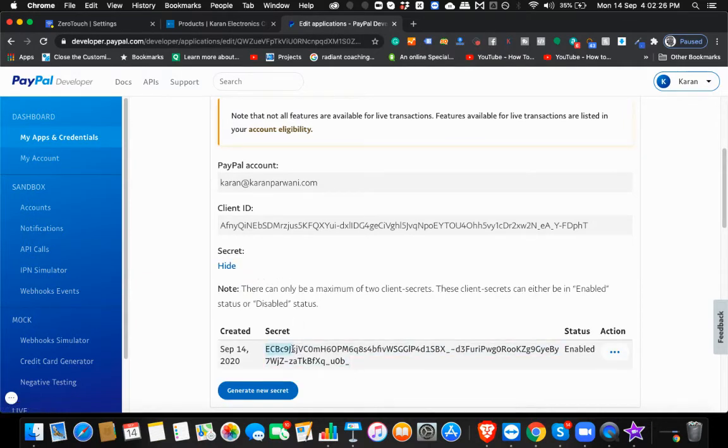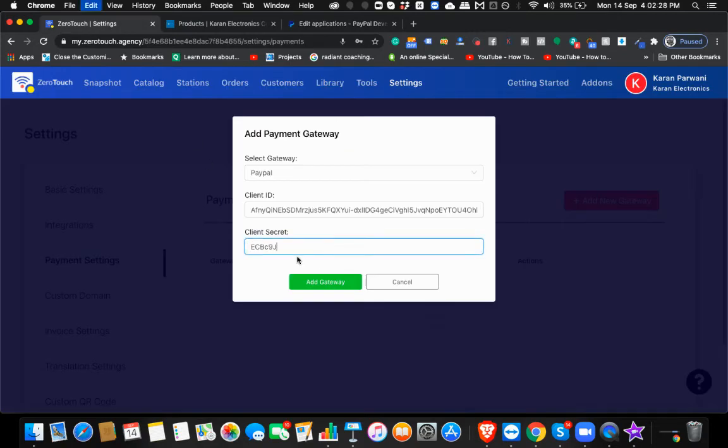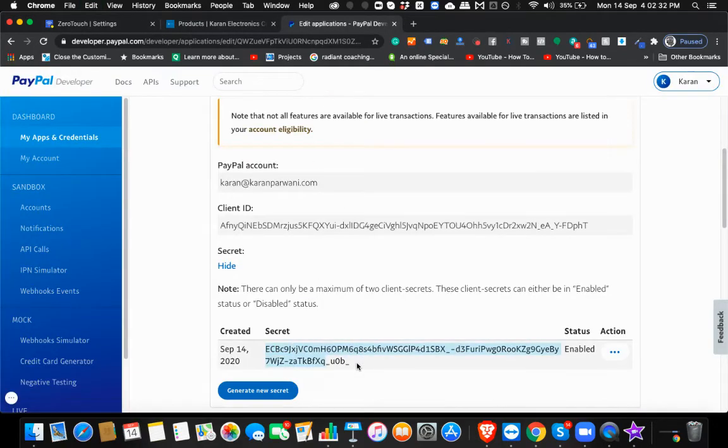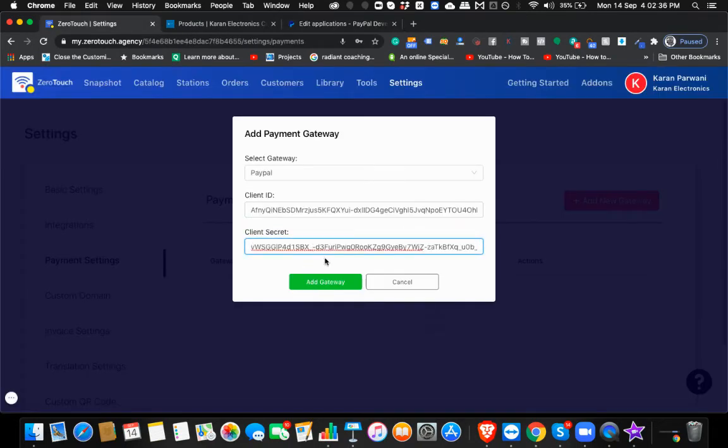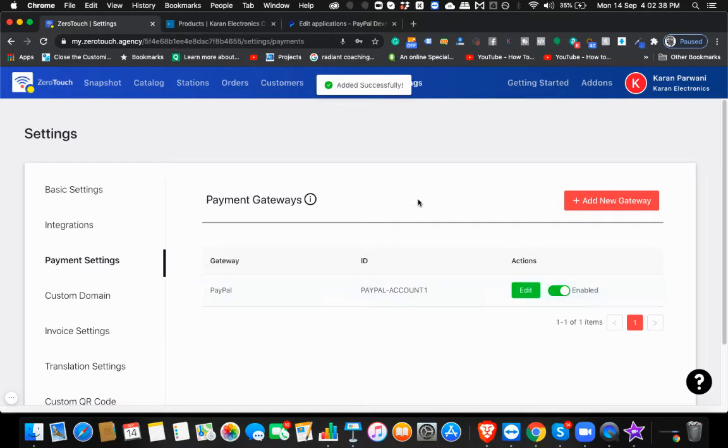Just copy this and paste the whole thing over here. And yes, we have added PayPal successfully. It says added successfully into this account.